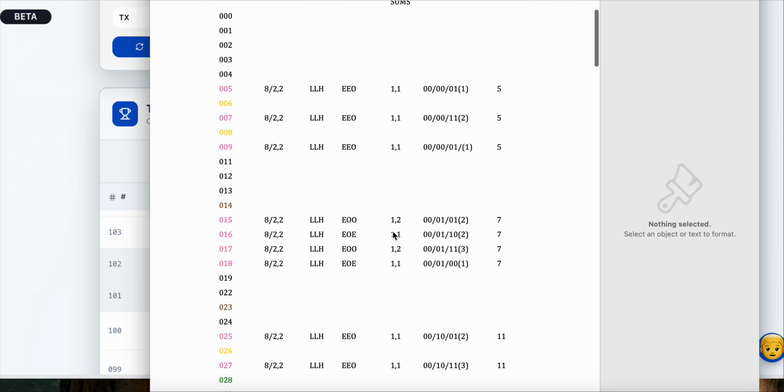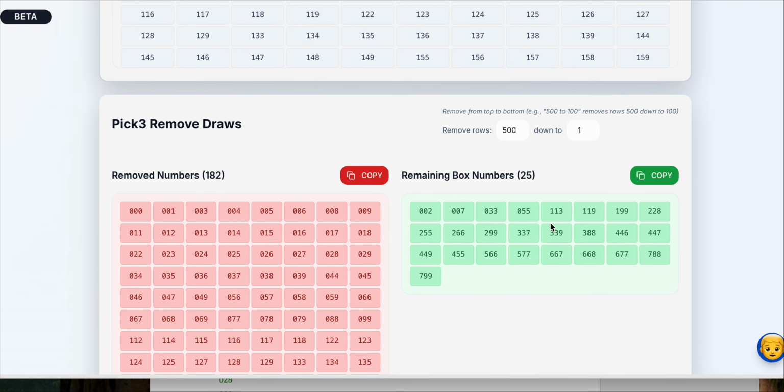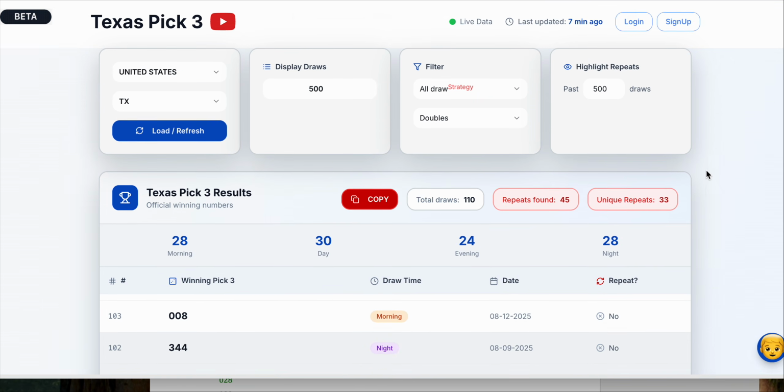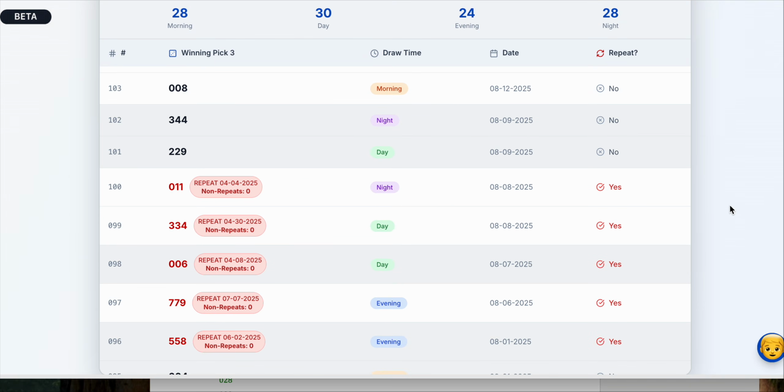So if AI sees three like this, 1-1-1, it knows the next one, high probability, is going to be a 2 or a 3. So it'll remove numbers for you as well. When you already have these reduced here like this, AI can reduce these even more. You could wind up with like 10 or less numbers to play and make a huge killing. And knowing when a double comes out, because that's another question. When does a double come out? When do I know a double is going to come out for me to start playing for doubles?